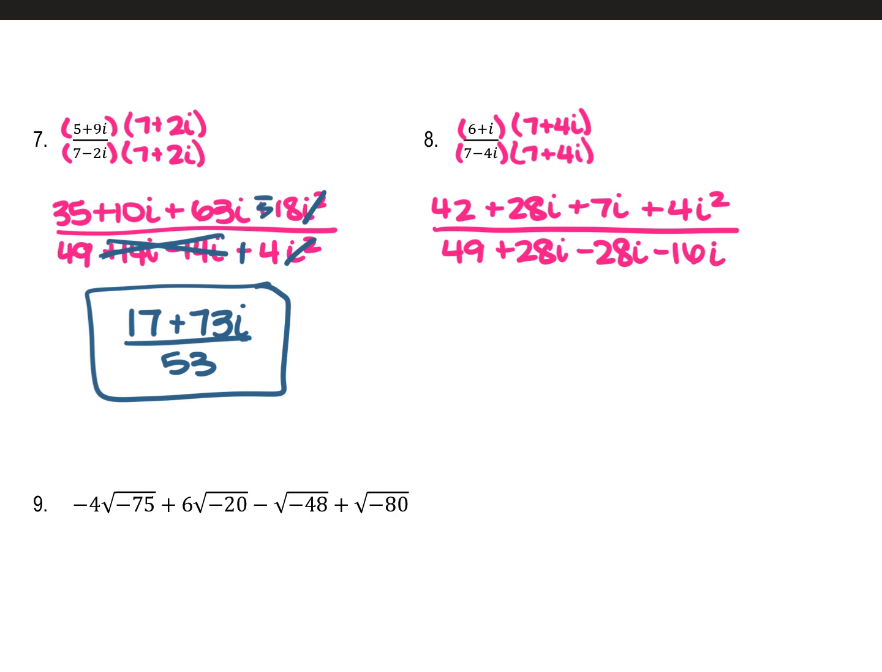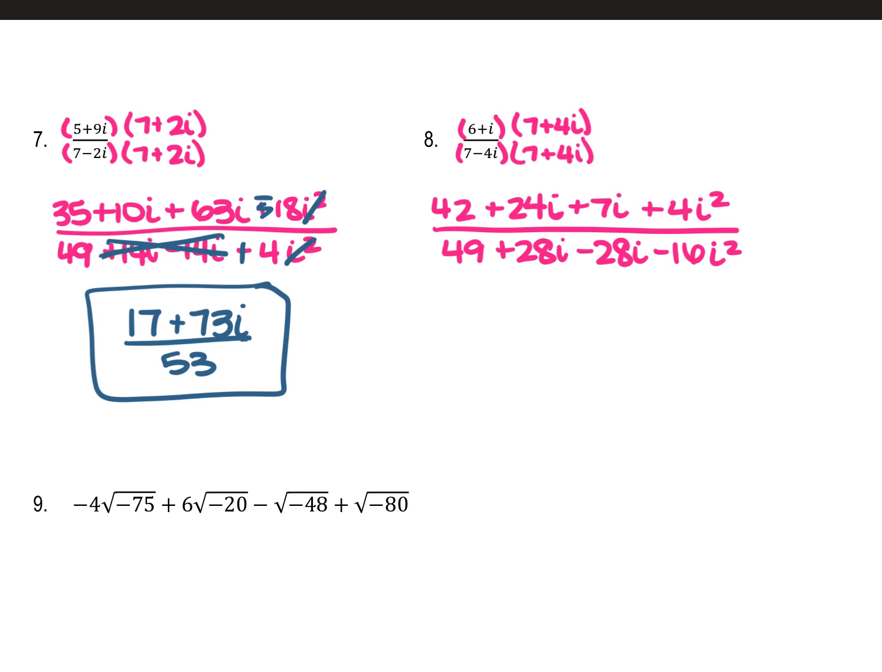Oh, that should be 24. Sorry, guys. All right, so that's 42 plus 24i plus 7i plus 4i squared all over 49 plus 28i minus 28i